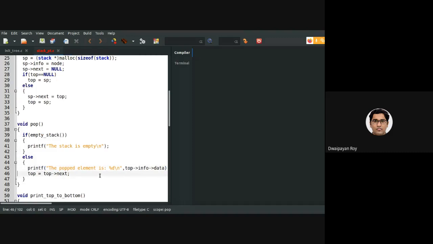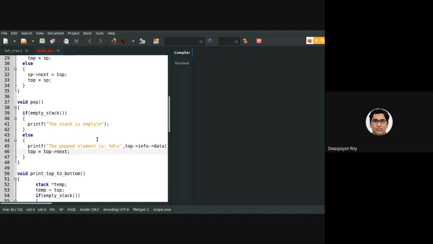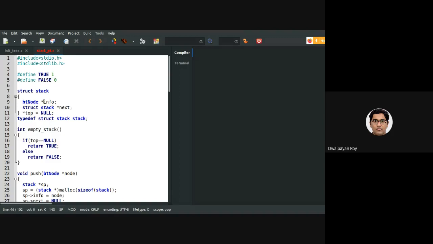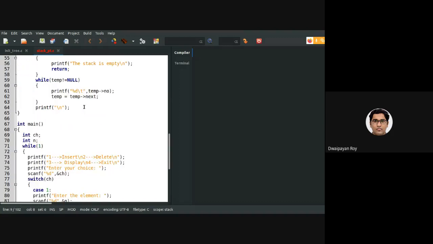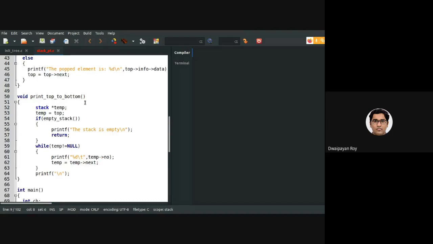So in this manner, I will be changing this stack to contain one BT node type information. Earlier, we considered this info as an integer, but now, to implement this in a non-recursive way, we need to change the info part to BT node star, basically BT node pointer type. And to print the stack from top to bottom, we need to change that as well.